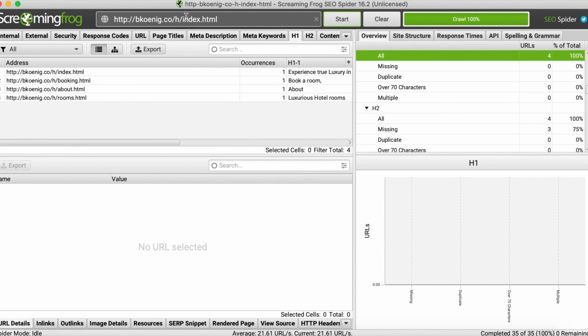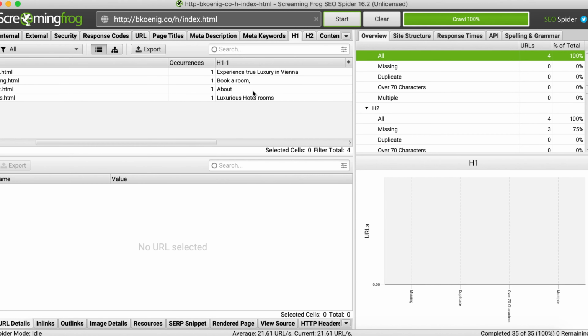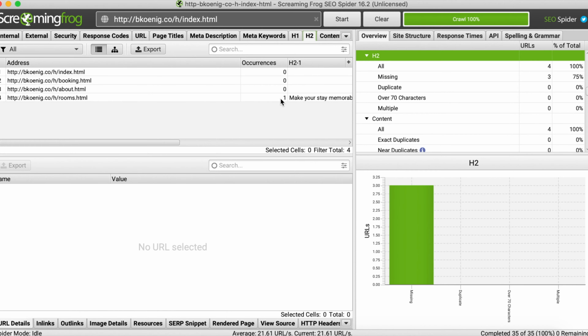Okay, let's go to Screaming Frog and see how many issues it will give us. There are only four addresses: index.html, booking.html, about.html, and rooms.html. Heading 1, one per page. That's great, I'm very glad. Heading 2, you don't have heading 2 except on rooms.html. It must be